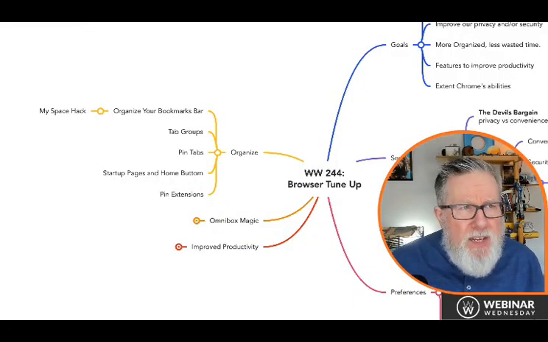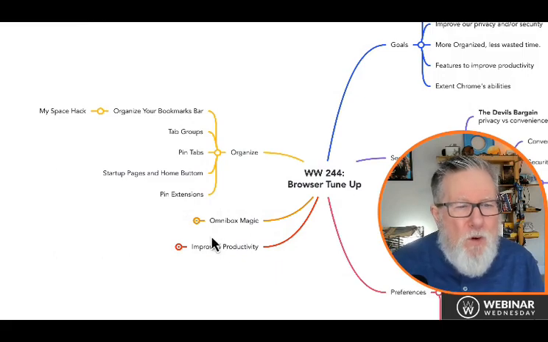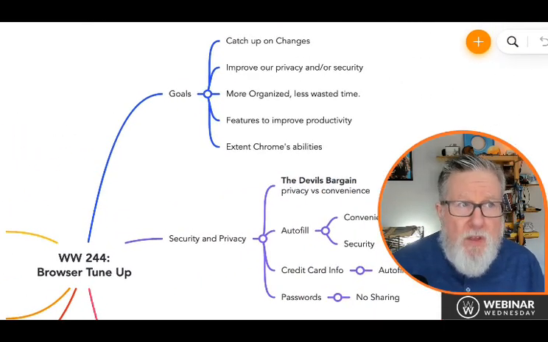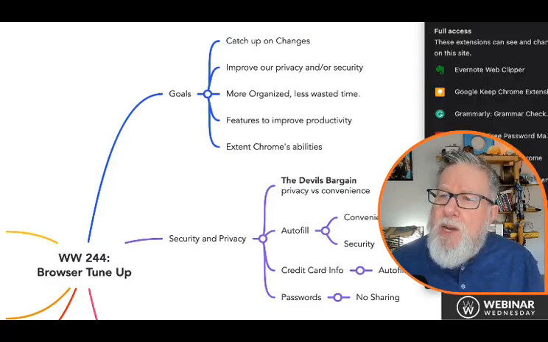Now, tabs in our browser aren't the only thing that we can pin inside of Chrome. We can also pin our extensions. And if we take a look over here on the other side of the Omnibar, we can see all of the different extensions that I have access to. If we click on the little puzzle piece here, we can go down